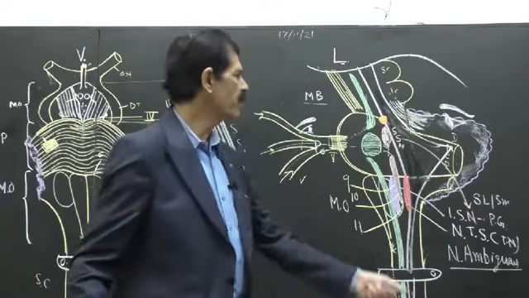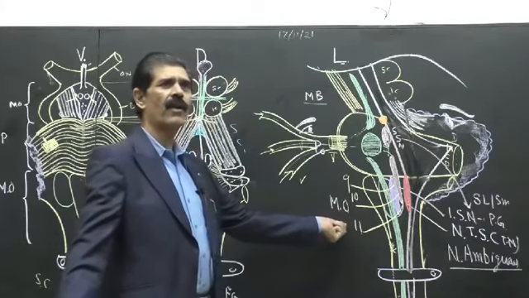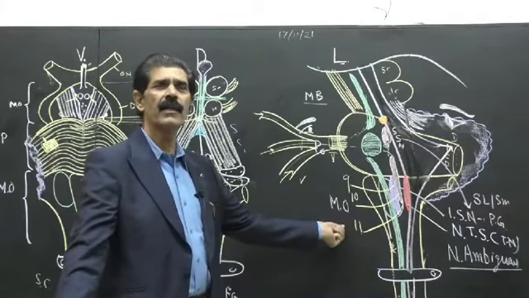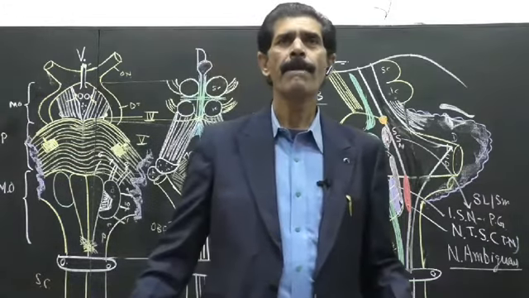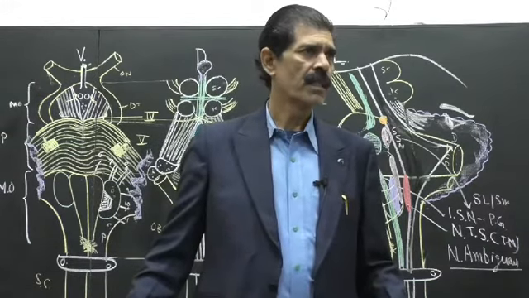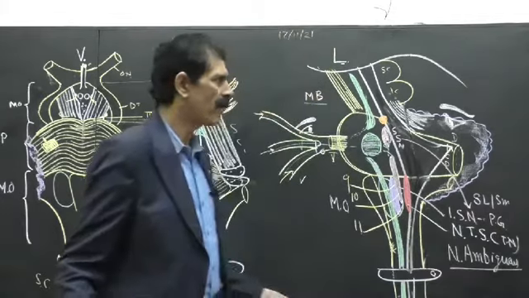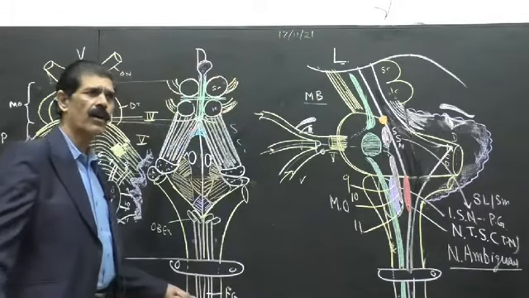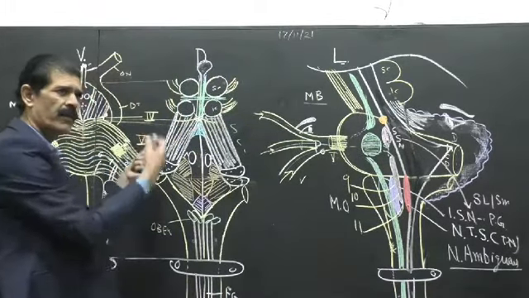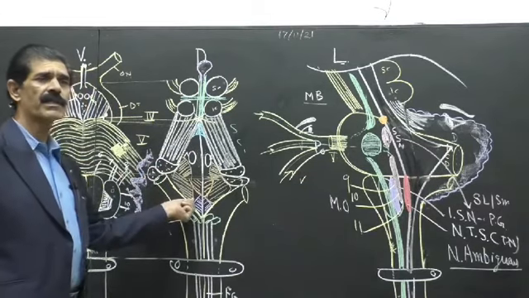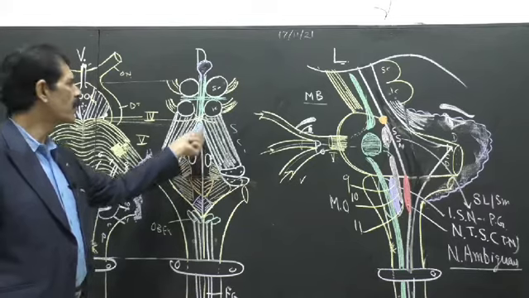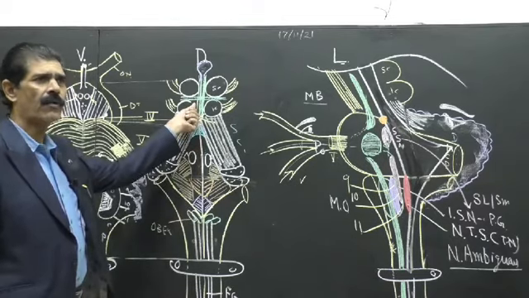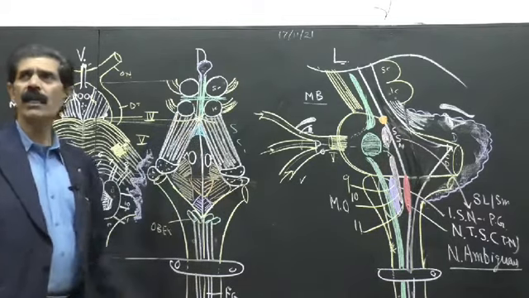So all these nuclei are situated, we know from our knowledge of the study of the head and neck. Now it is very easy to draw the transverse sections of the medulla and other parts. So we will start from below because we have already finished with the spinal cord. So we will go from below upward. First of all, we will do the 4 sections of the medulla, then 2 sections of the pons and 2 sections of the midbrain. Thus we finish with the 8 transverse sections.